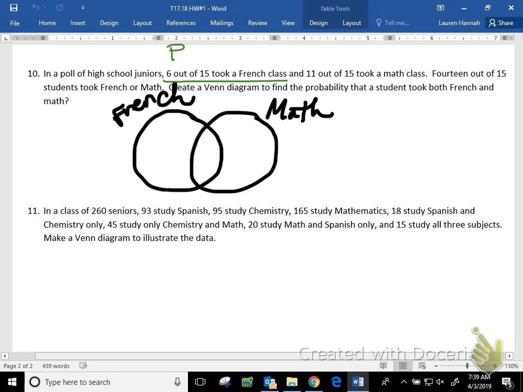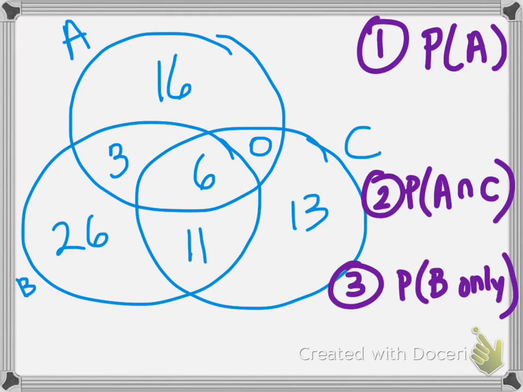So the probability that someone is in French class is just going to be 6 out of the total 15 students. I think most people's gut instinct is to go ahead and put that over here, and we'll talk about why that's incorrect in a second. But then if we continue on to the next option, the next probability we're given is that the probability someone is in math class is 11 out of